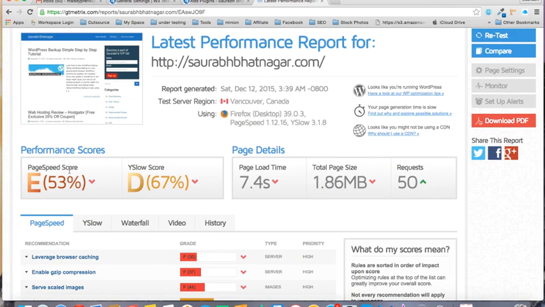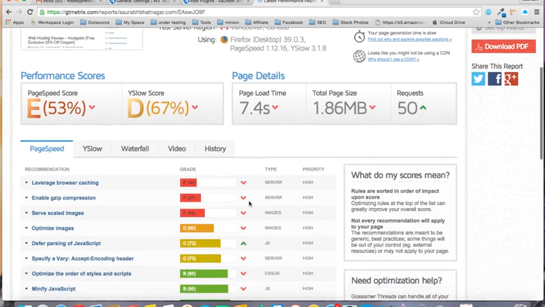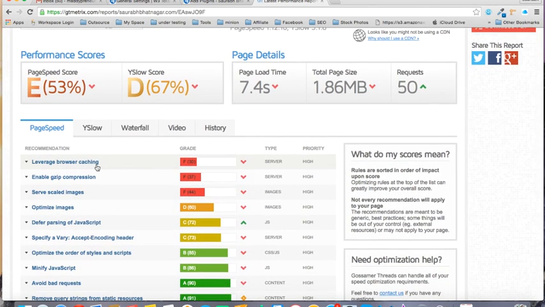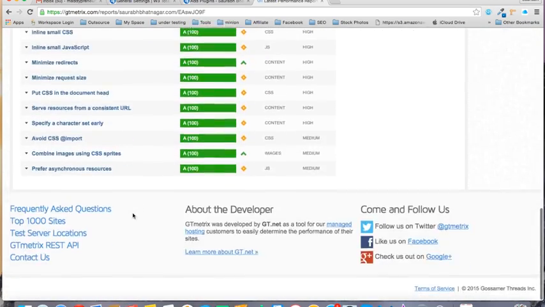The page speed score has given me an E, and this criteria is for Google, and this YSlow criteria is for Yahoo. And from Yahoo I have got a D. And there are a few more things, like it has asked me to leverage browser caching, enable gzip compression, and there are a lot of things.